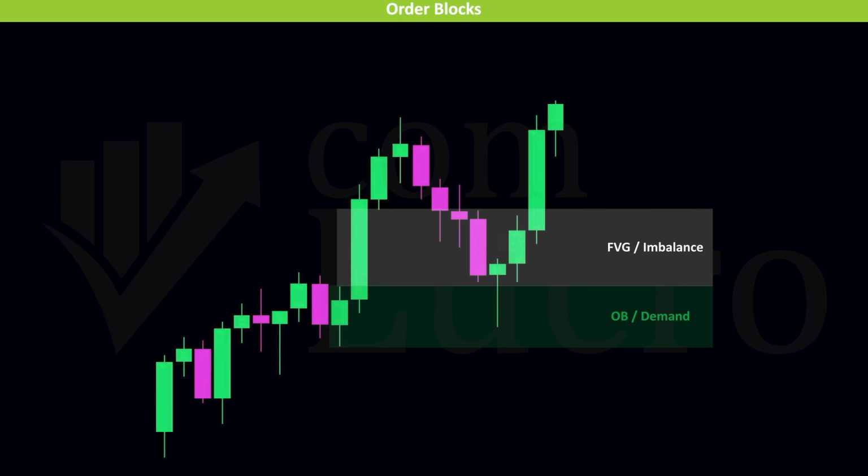It is important to understand that order blocks do not always work. They are not guarantees. They are potential trading areas where price may show more predictable behavior. Like any trading tool, order blocks should be used together with other concepts and confirmations to increase their probability of success. Finally,